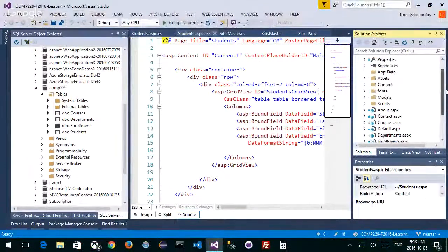We use the Entity Framework, right, which is just a wrapper for our database, and we use something called LINQ, which is a query language, a C# query language to connect with our database. That's what we did, okay? And if you looked at the code, we only did students.